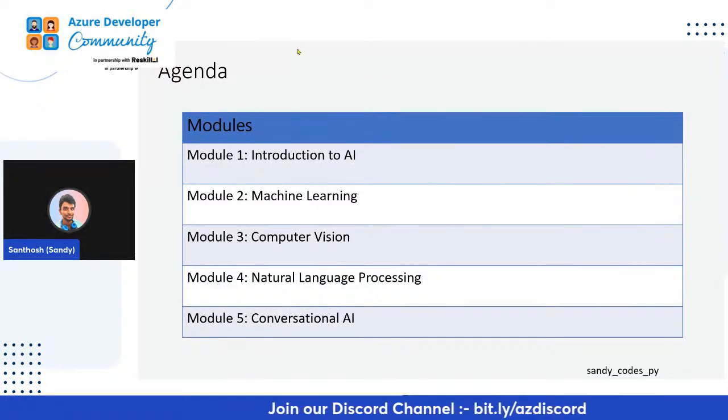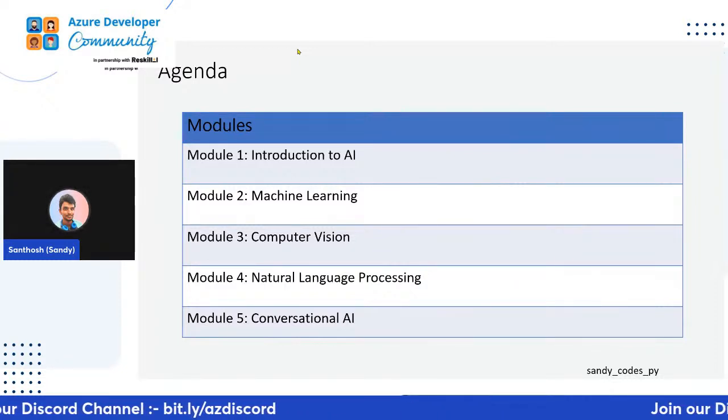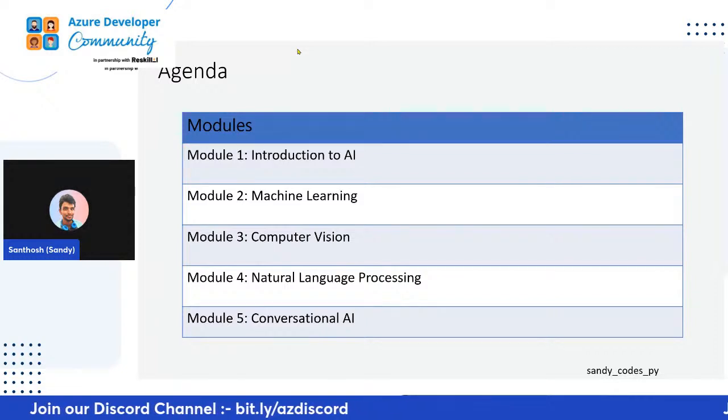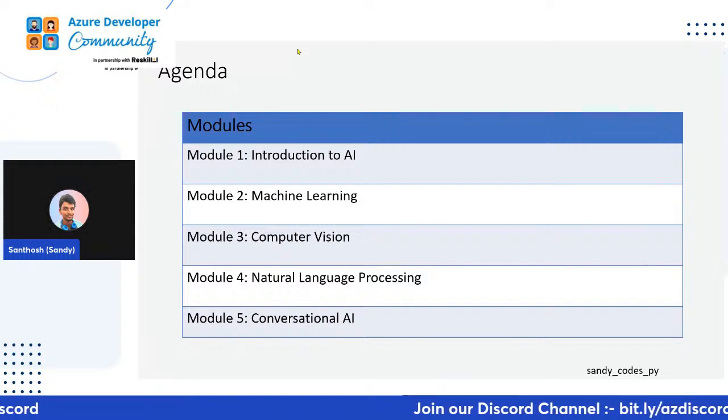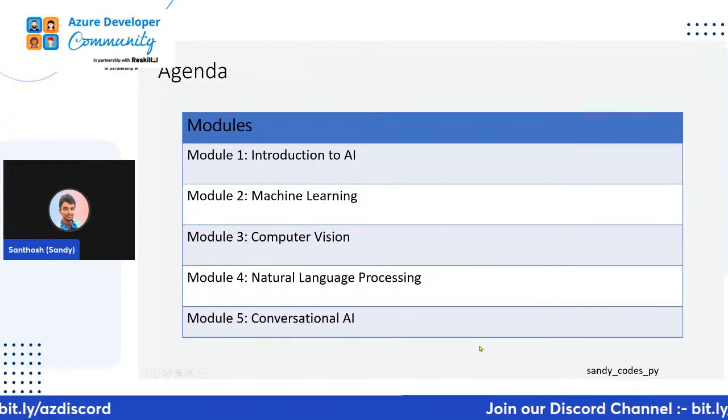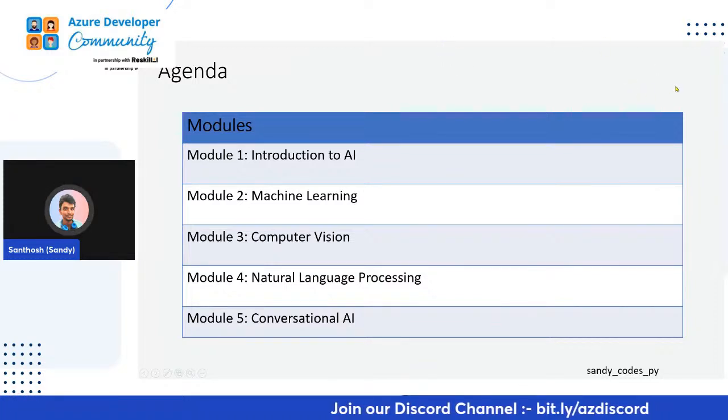So what are we going to see for the next 3 days? We'll start with the very basics. For the people who are following this session, all you need is programming skill. Anything would do, but preferably Python, since most of the libraries and frameworks are built on Python and focused on Python. It would be really easy for you to grasp whatever I'm going to convey in these 3 days if you can do it in Python. Or if you want to go with another language, it is absolutely fine. You can just do that.